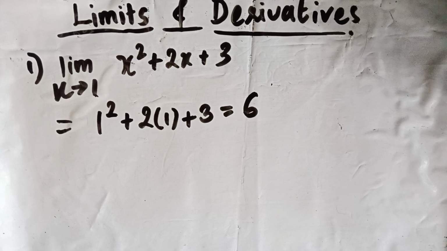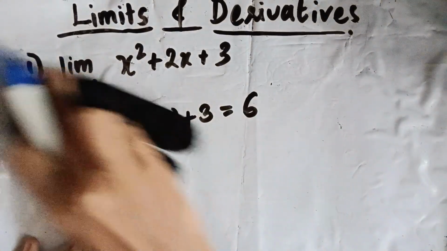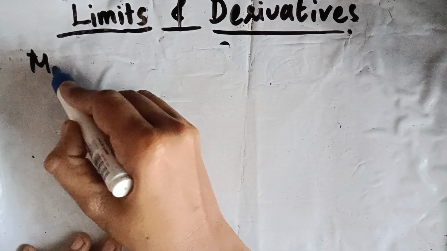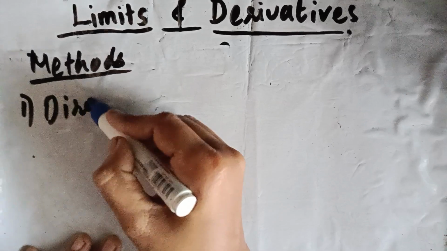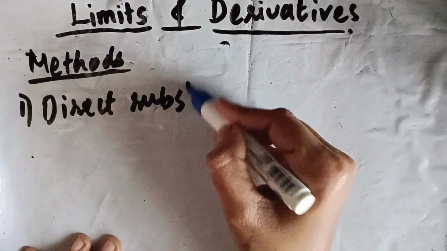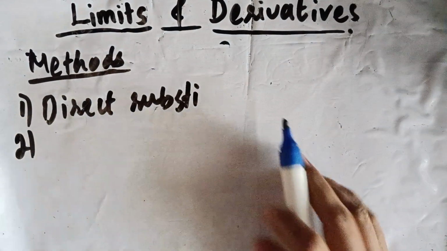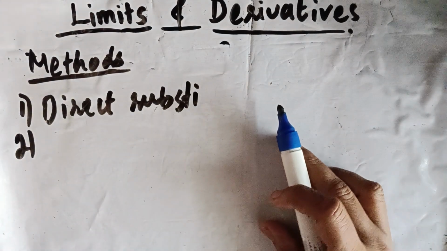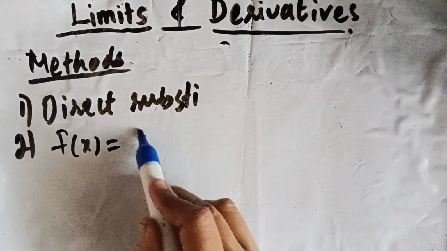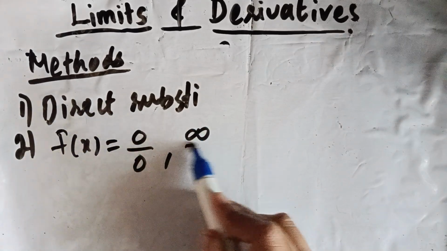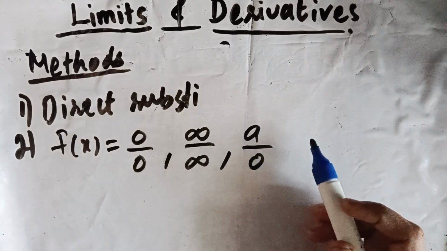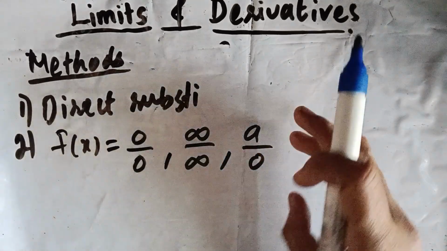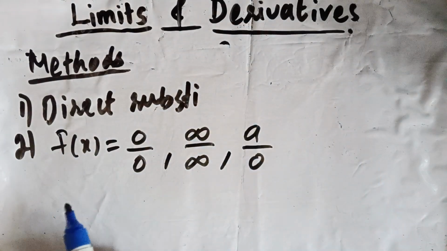So there are certain methods for evaluation. The first one is our direct substitution. Now sometimes after direct substitution you get f(x) of this type, like 0 by 0, infinity by infinity, or some a by 0, which is infinity. If you get this type of result, then you have to go for